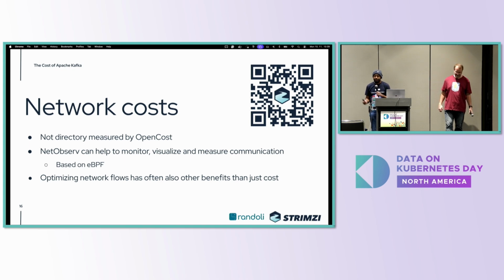So how do you get visibility into that? Now, OpenCost by default does not measure network activity, so you won't see that cost, but it does have all the data structures in place if you can calculate the relevant metrics and publish it in a way that OpenCost can make use of it. So one trick that you can do is to use a library that can